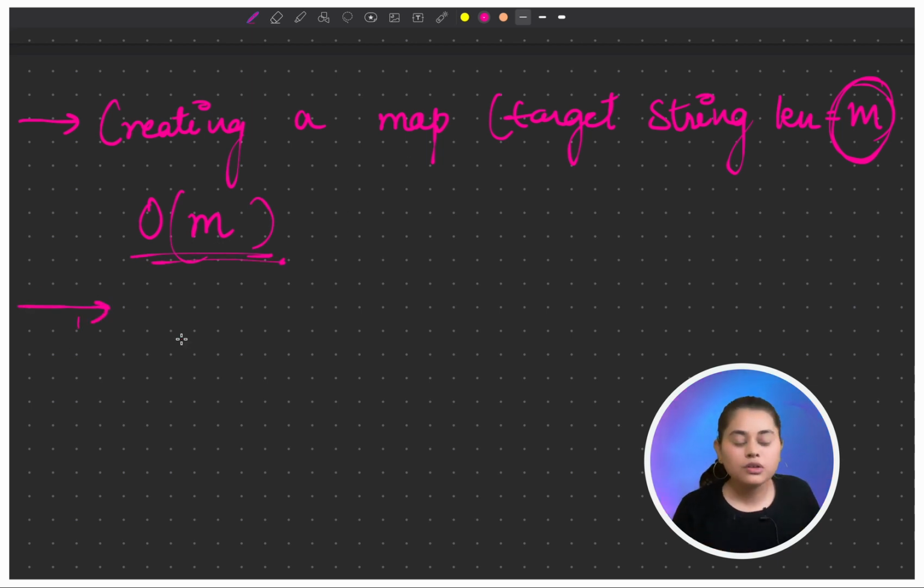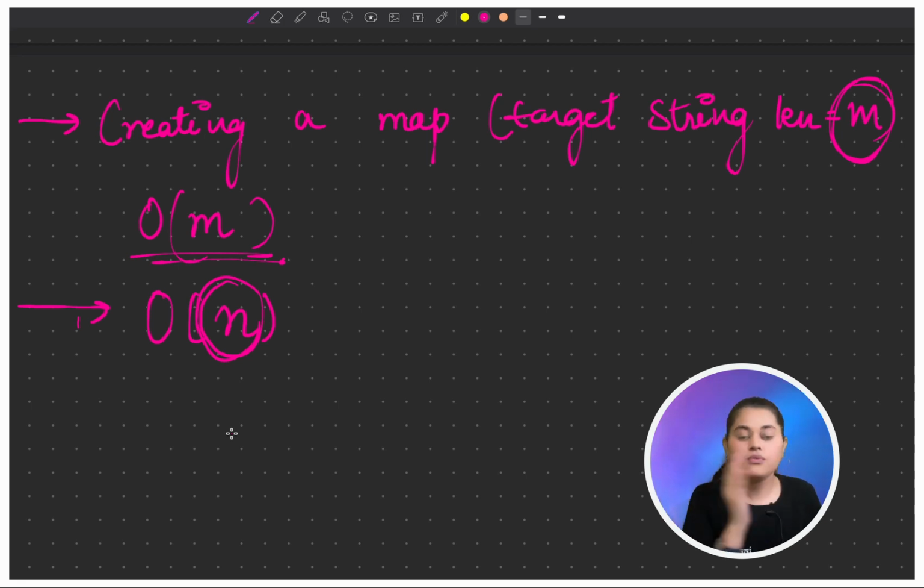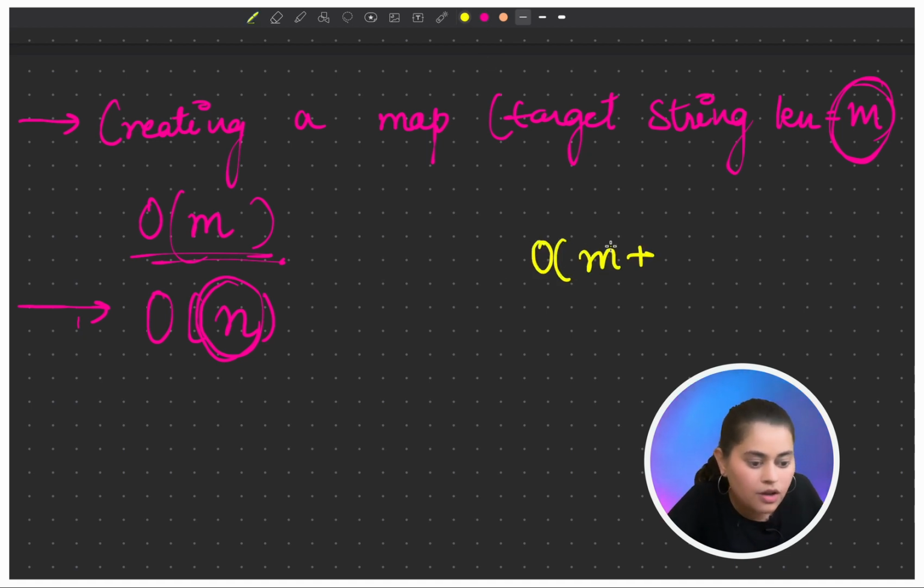After that, we start from the 0th index and go till the end of the string, right? So how much time must we have taken? We have taken n time, because we are traversing the string starting from 0 till the end of the string. So the time complexity for this approach will be O of m for creating the map plus n for traversing the string s. This will be your time complexity.